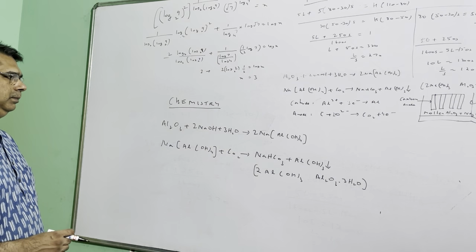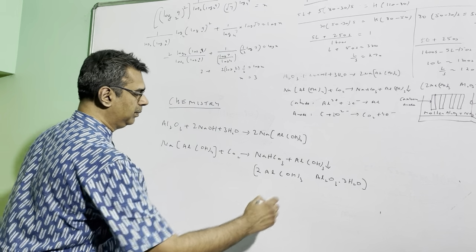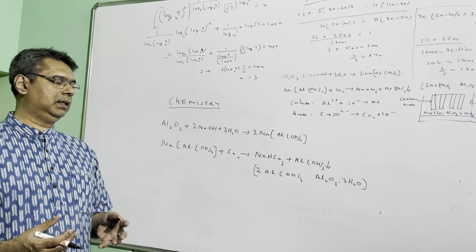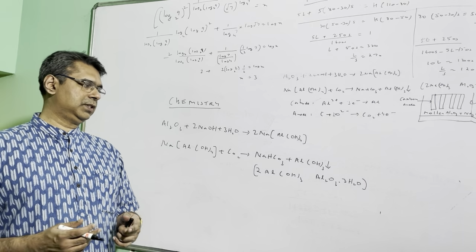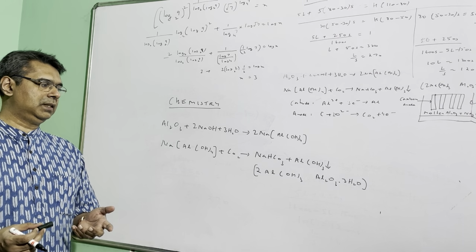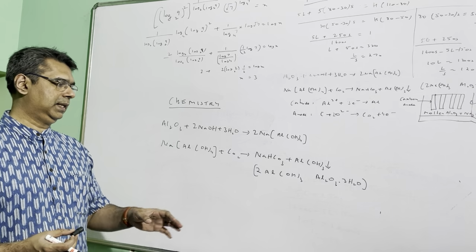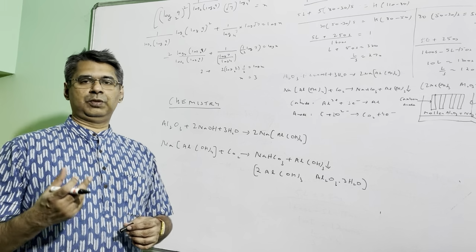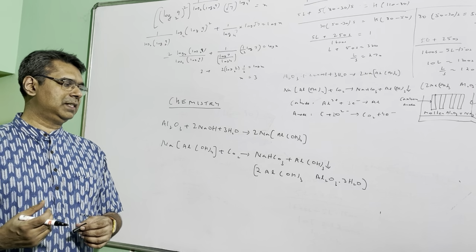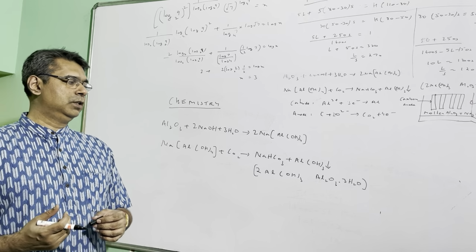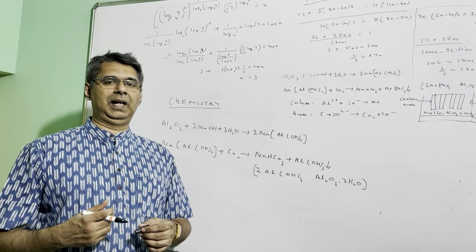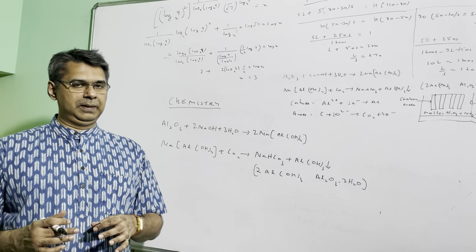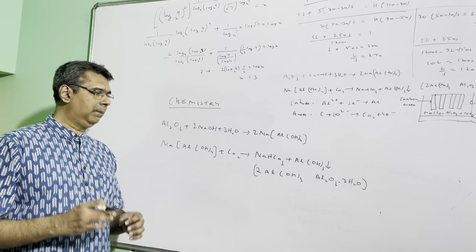Now, when you get alumina, the main problem is that you need to have alumina either in molten form or in aqueous solution. Aqueous solution is not going to work because aluminium has a strong affinity for oxygen, so it has to be molten form. The problem with molten form is that the melting point of alumina is very high. So to bring down the melting point, you need to add cryolite, Na3AlF6. So option 2 is also correct.